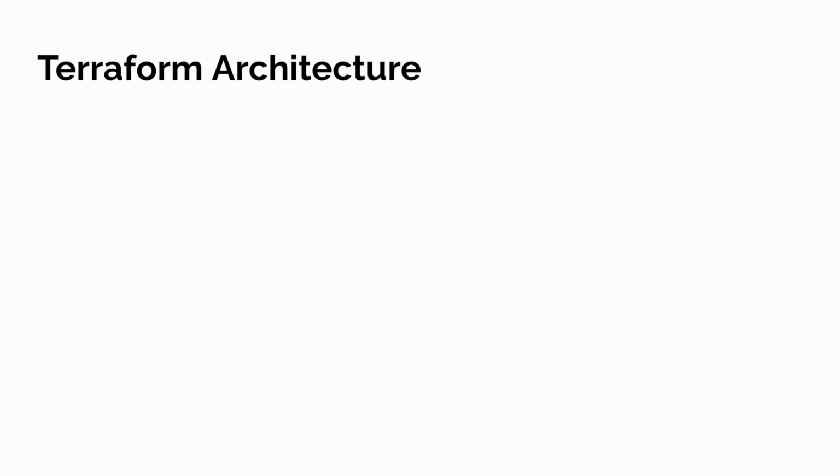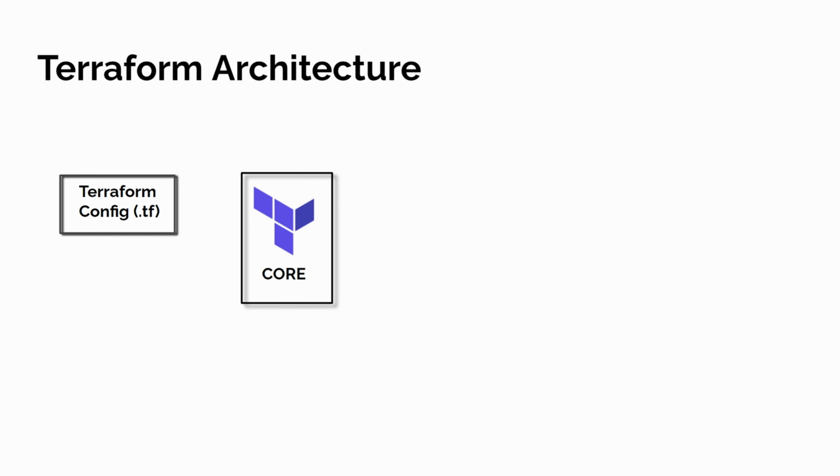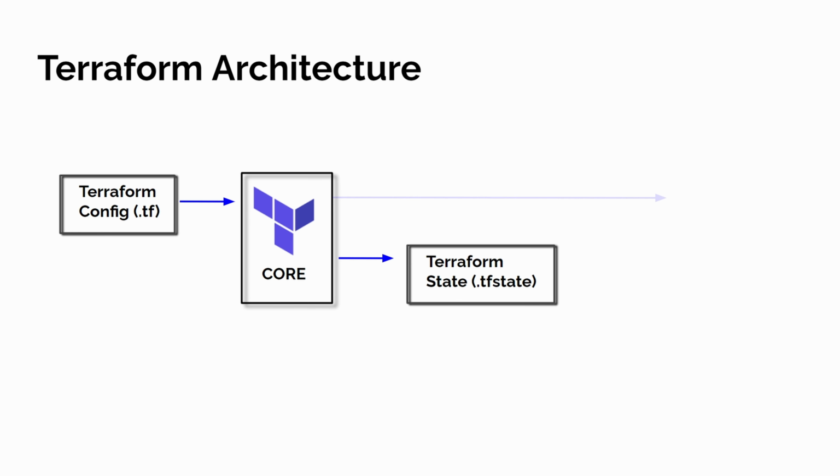Let's get some high-level understanding of Terraform architecture. Terraform architecture consists of three major components. 1, Terraform Core. 2, Terraform Configuration file. 3, Terraform State file. The first step is to write down our configuration in the Terraform Configuration file. So this is where we define all the different infrastructure components that we need for a specific infrastructure requirement. Once we define our infrastructure components, we run Terraform apply, which then communicates with Terraform Core